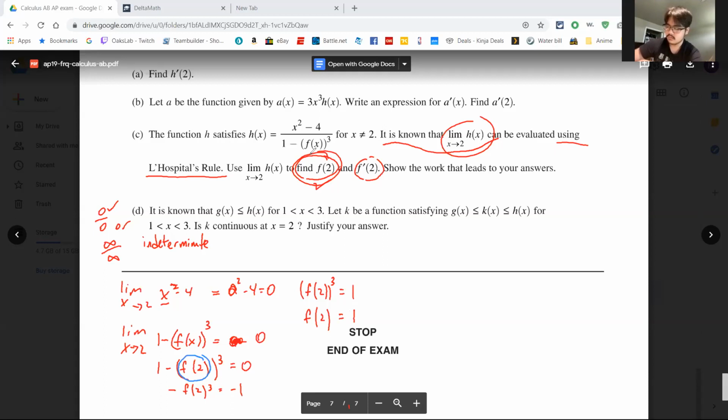You got questions? All right, you have no questions, then we'll move on to the next step. The next step, we're actually going to apply L'Hopital's rule. So this one we just proved why L'Hopital's rule applies, because it's 0 over 0. So what does L'Hopital's rule actually say? Well, if it's 0 over 0, then by L'Hopital's rule,